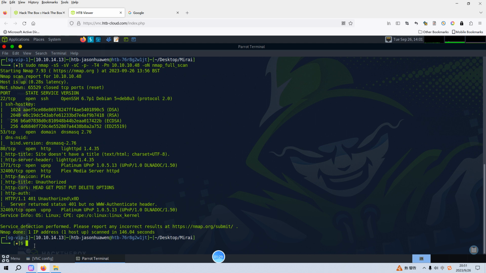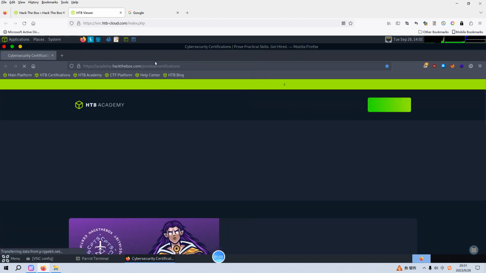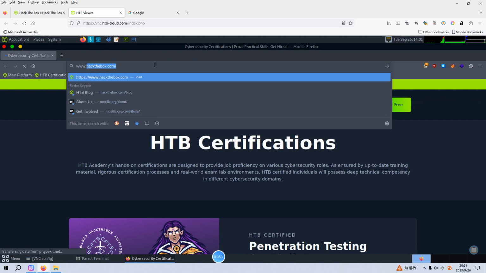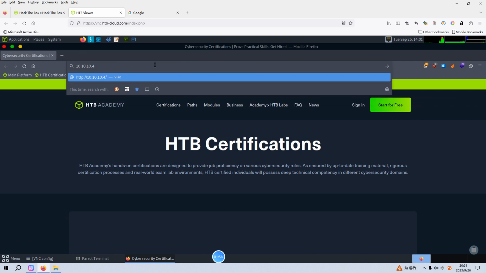Okay, so what we are going to do next is to do the web application enumeration. So now let's open up our browser. Let's make it bigger so you can see what's going on more clearly, and the IP address of the target. But nothing returned, also no error returned. So what can we do? We need to